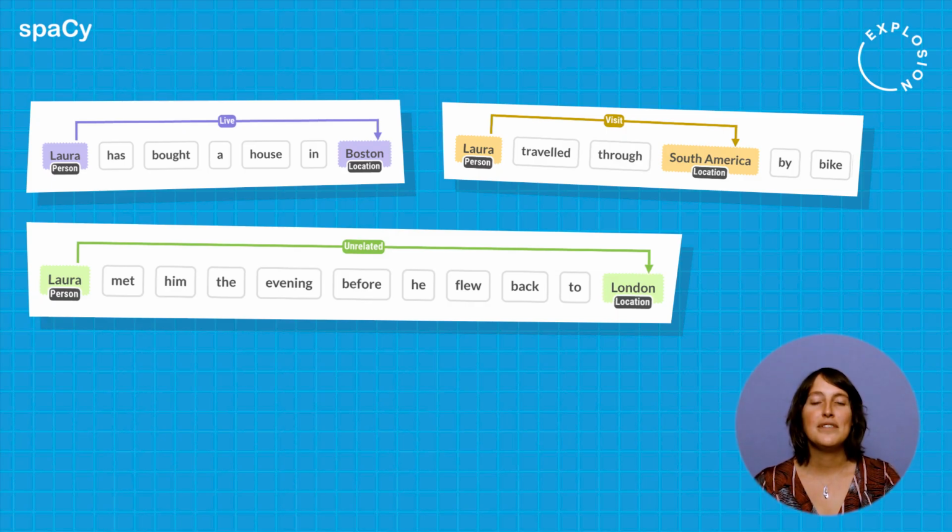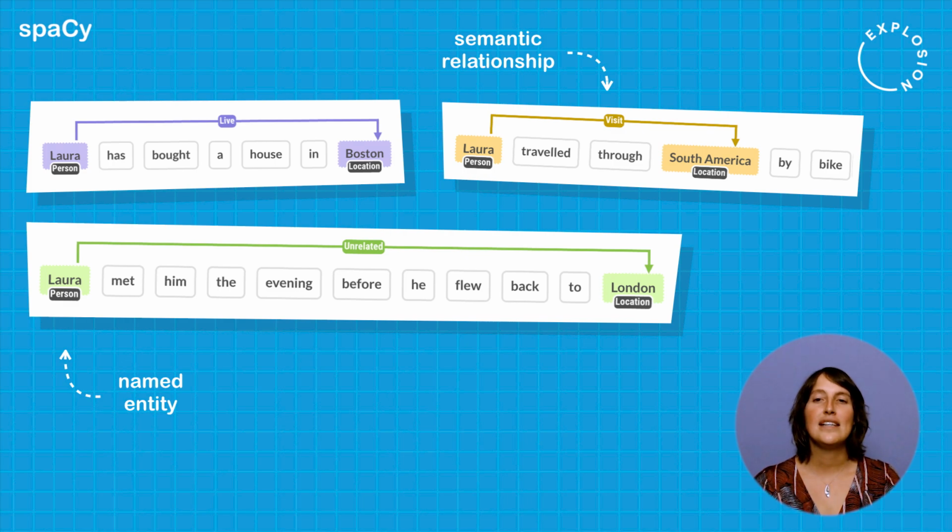The specific challenge we're setting ourselves here is to implement a custom component to predict relationships between named entities, also called relation extraction. In the most basic form, this means that we take two entities that were previously predicted by a named entity recognizer and try to determine whether there is a semantic relationship between them, and if so, label it. Consider, for instance, a sentence with a person entity and a location entity.